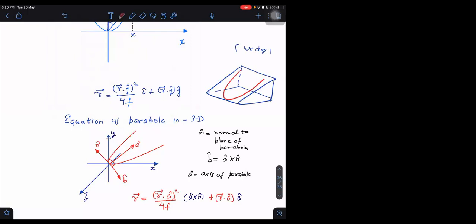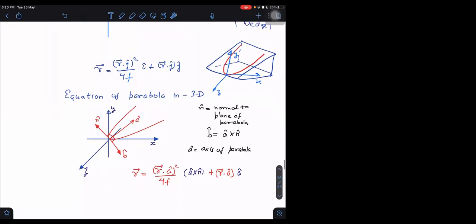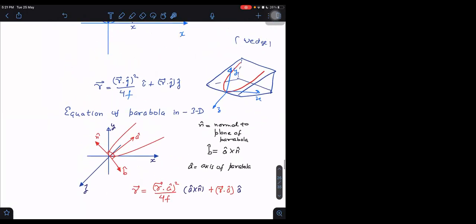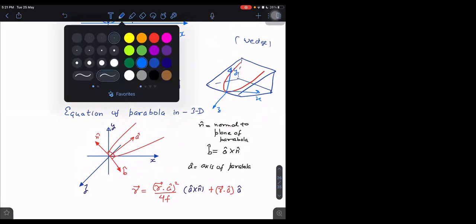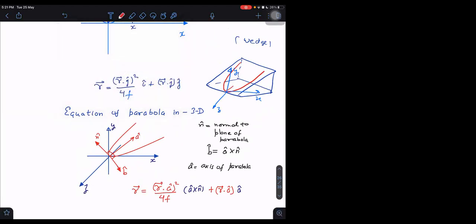we can write the equation of such a parabola also. Although the y-axis is in this direction, the x-axis is in some other direction, the z-axis is in some other direction, and I want to write the equation along this parabola, we can write that. What I have to do, you have to tell me first how this wedge is inclined, meaning what is the orientation of the wedge.